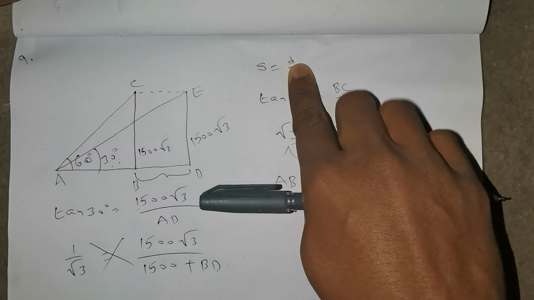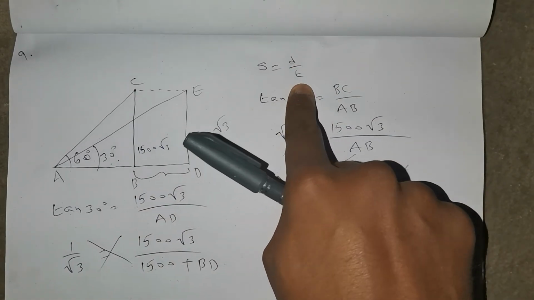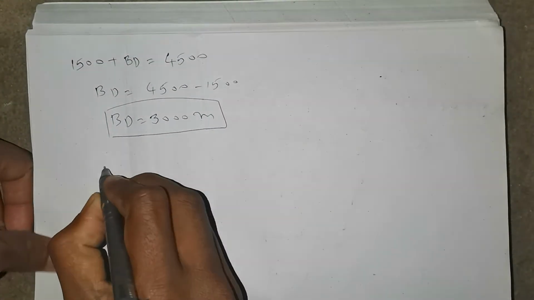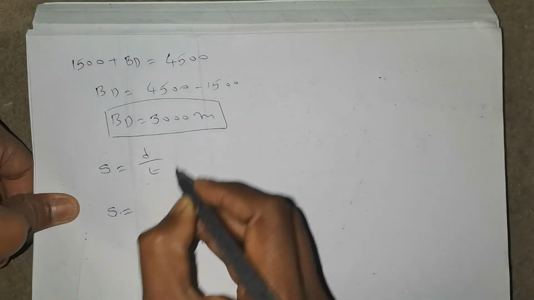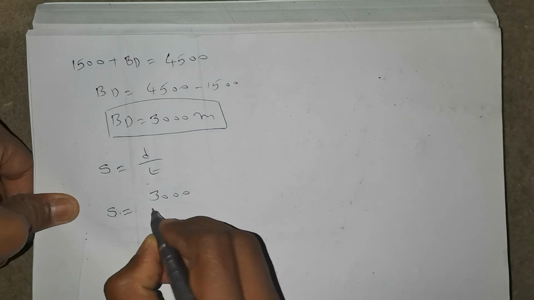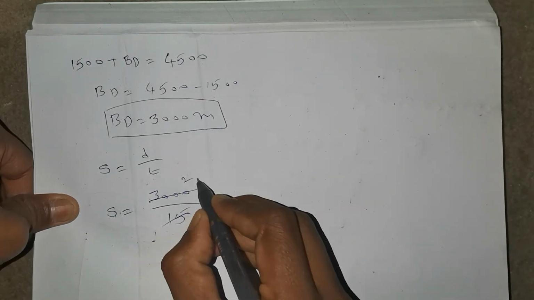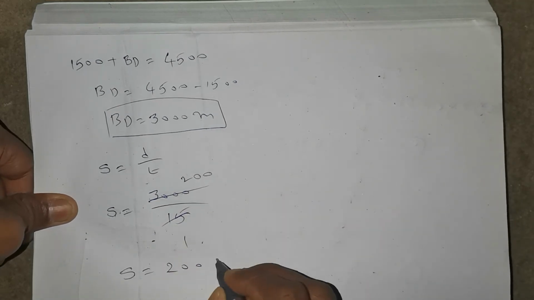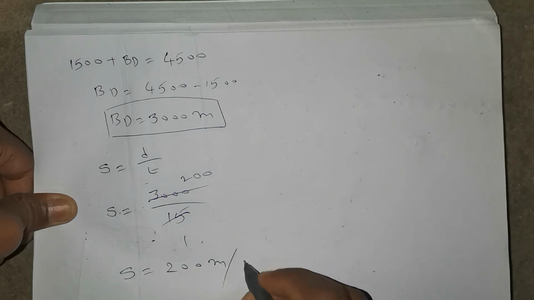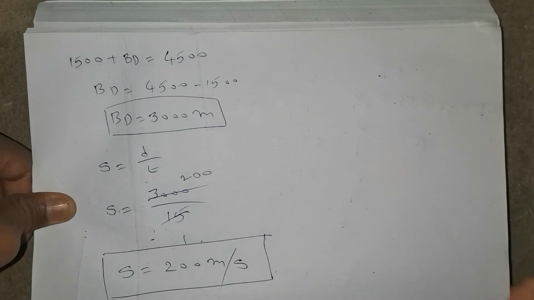So in the place of D, now I will substitute the value of BD, and the time is as usual given as 15 seconds. Okay, so the speed of the flight is distance by time. So speed is equal to distance traveled, 3000 meters, divided by time, 15 seconds. So 15 ones are 15, 15 twos are 30, 00. So speed is equal to 200. Here 3000 is in meters, and 15 is in seconds. So the speed of the flight is 200 meters per second.